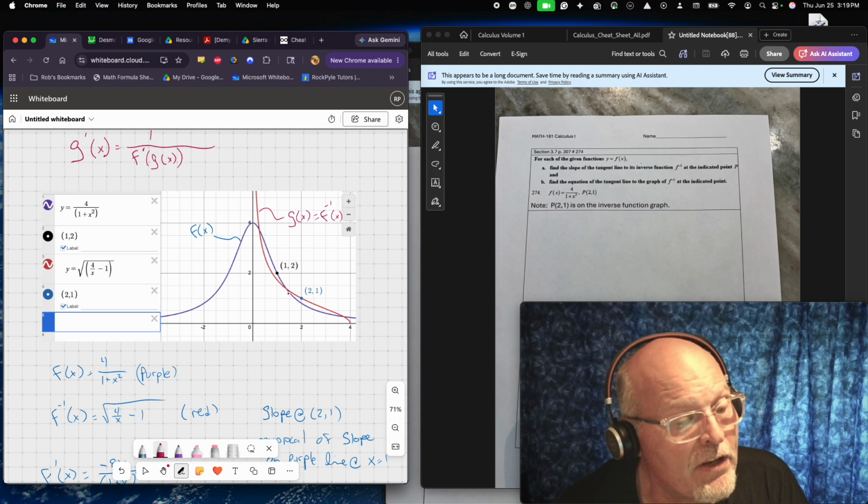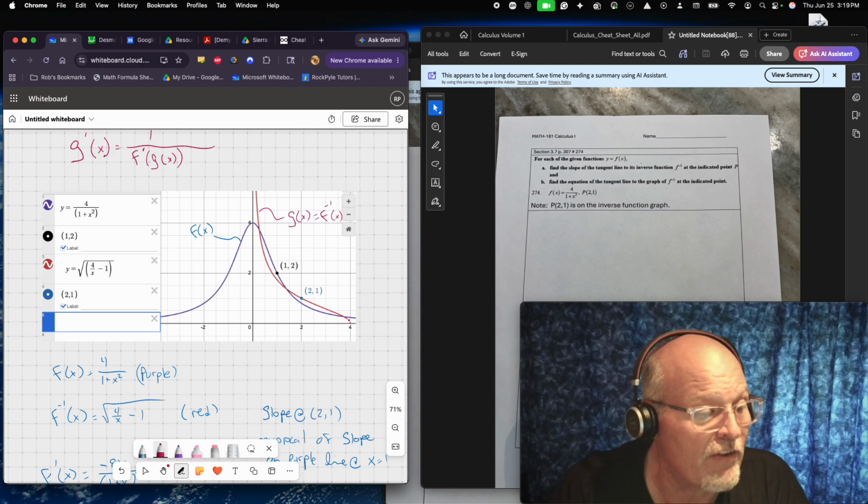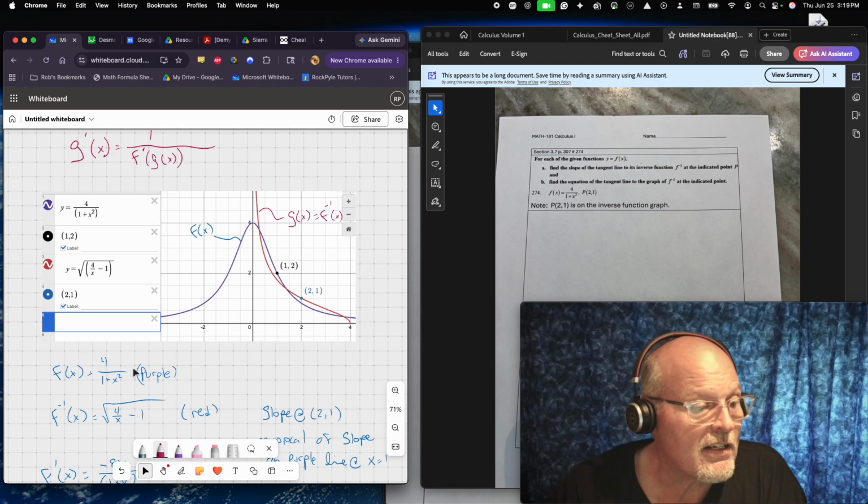And the formula says that the slope of the inverse at this point is the reciprocal of the slope of the original function at g of x, which is the y value for the x that we're looking for. So I'm looking for the slope of the line at x equals 1, and then I'm going to take the reciprocal and I'm going to solve that here. So first I need to take the derivative of the original function,